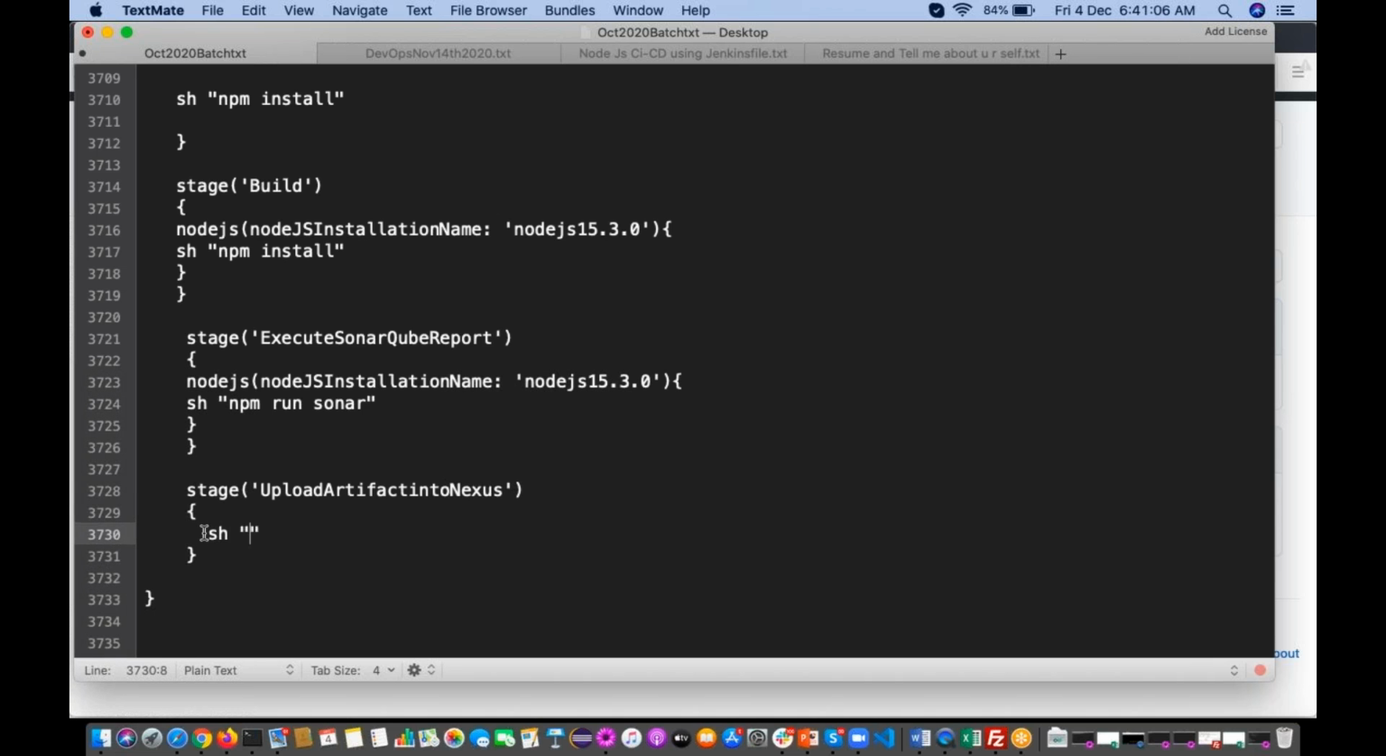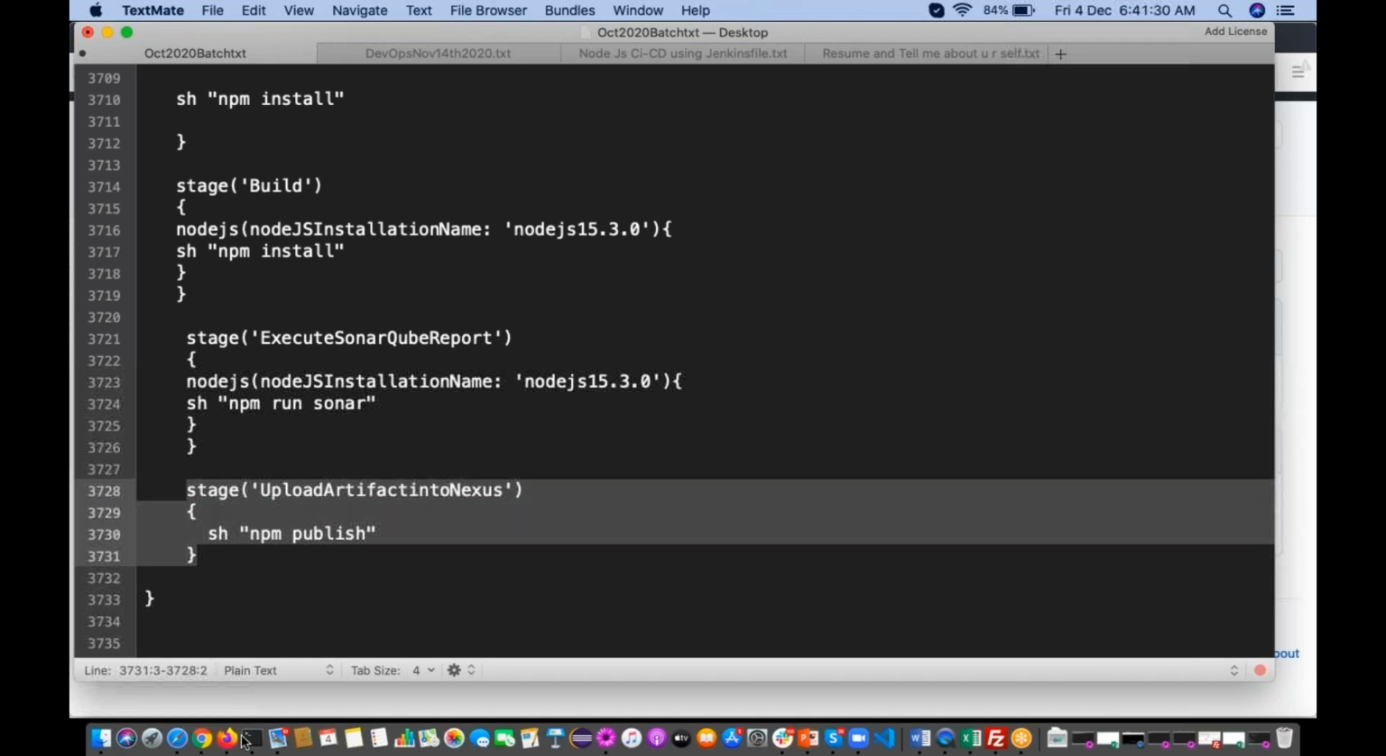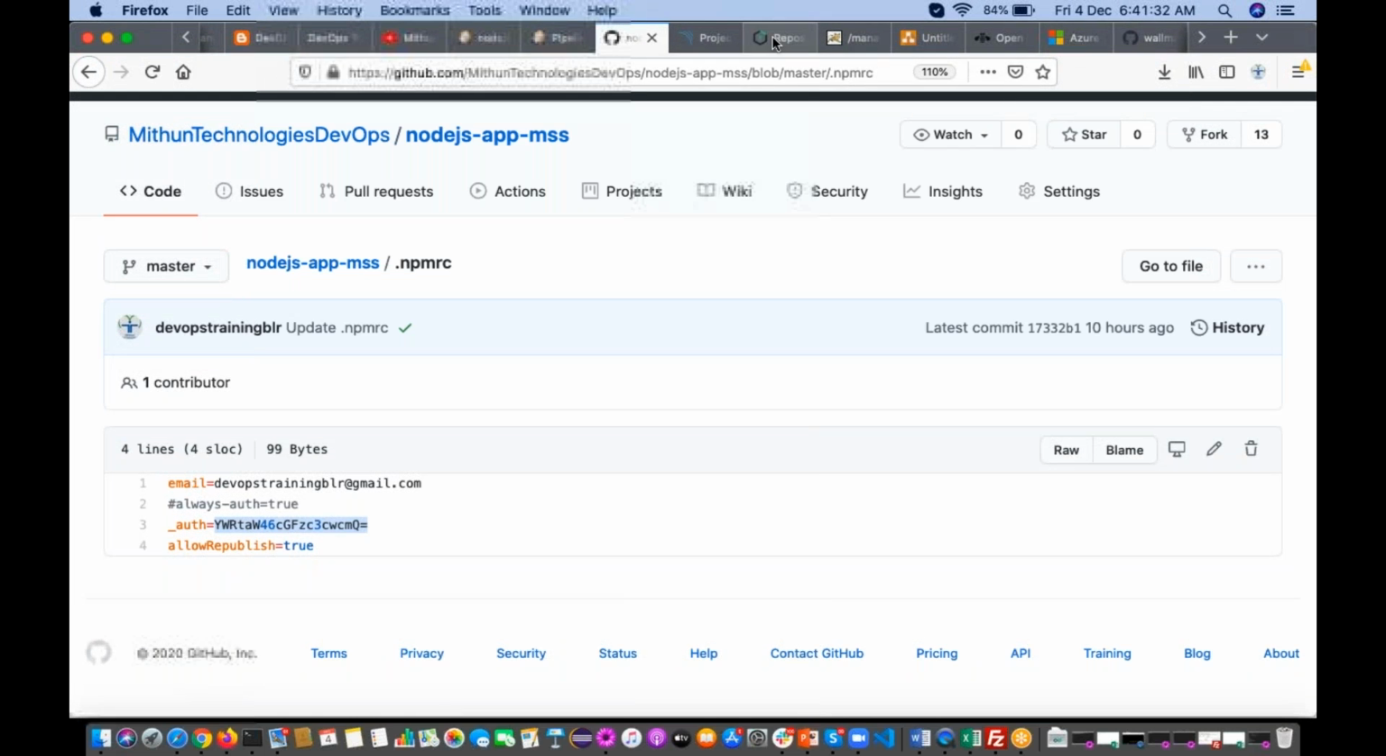So if you want to, you can directly use npm publish. For a Maven Java project we are going to use mvn deploy, and if it is a node project, it is npm publish. npm publish. So right now, if you go and see in our